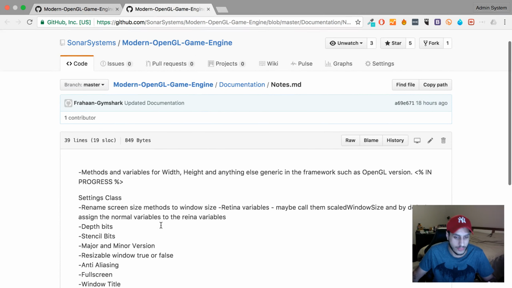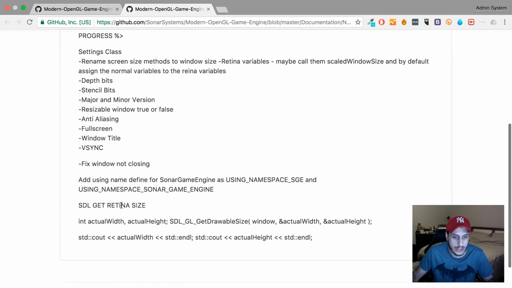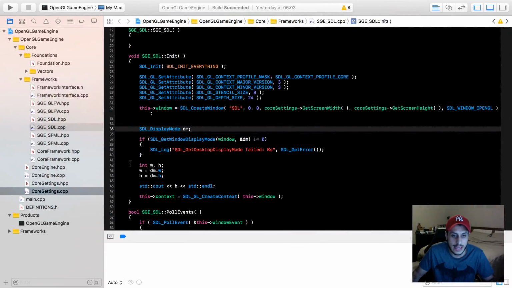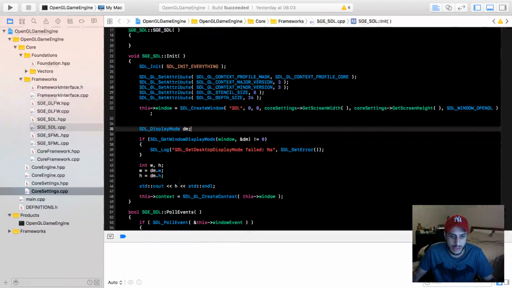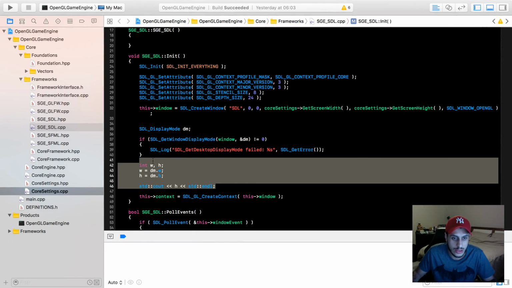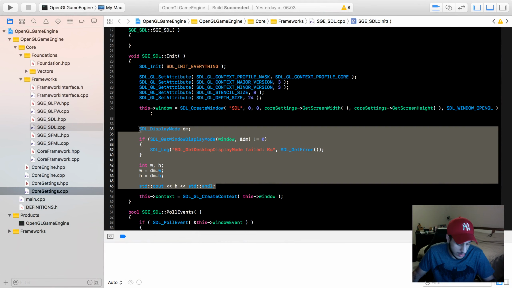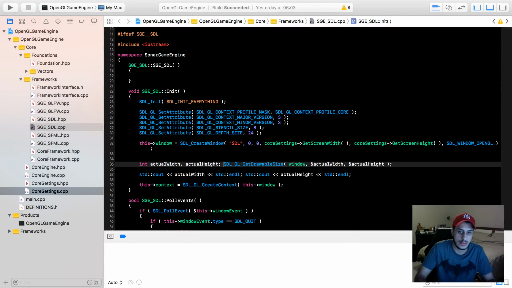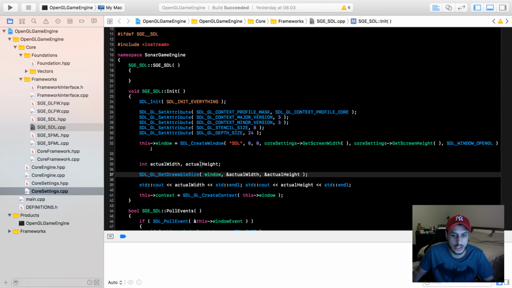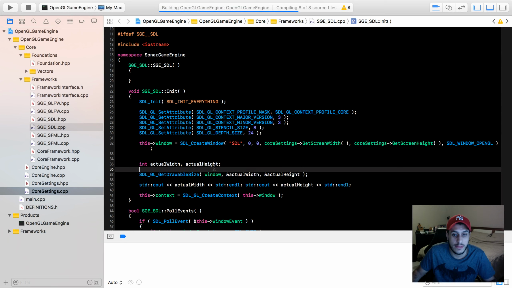And then input. Okay, so what we were doing was just getting the window display. I got the code sorted for SDL to get retina, and it was this code right here. I'll show you. So first, get rid of all of this, and this takes the window. It just takes 2 ints that it pumps the values into, so actual width, actual height. And if I were to print these values out, if I run it,